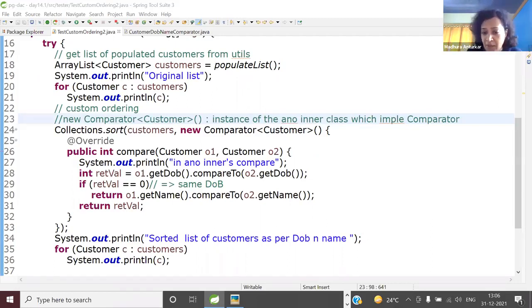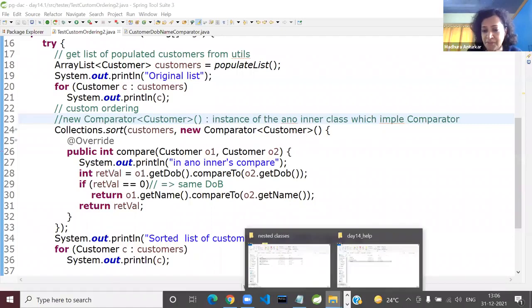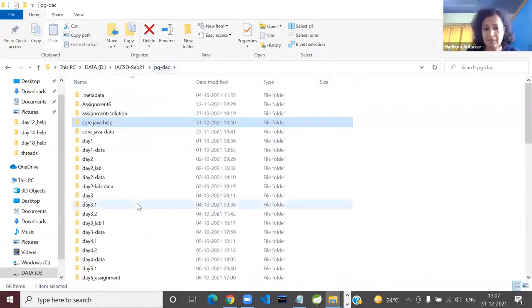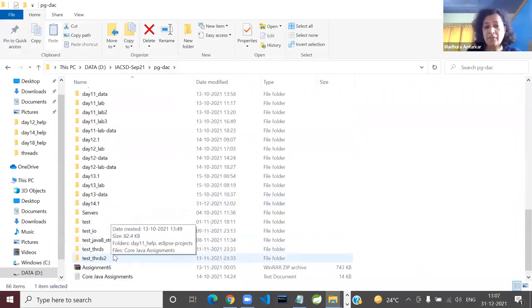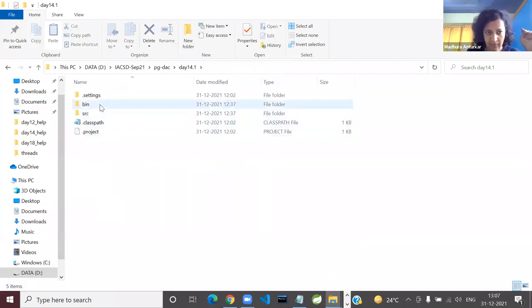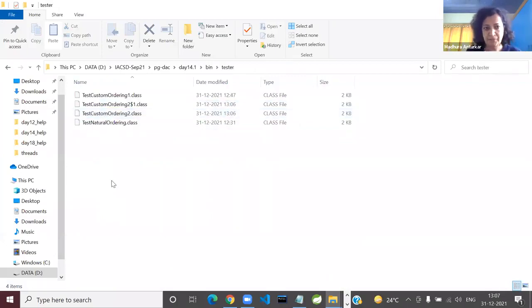Okay. Now, please go to your folder structure, your workspace, I mean. Go to day 14.1 lab or whatever, I don't know the folder name you have given. Open the bin folder, tester, and tell me, are you seeing the anonymous inner class compiled?